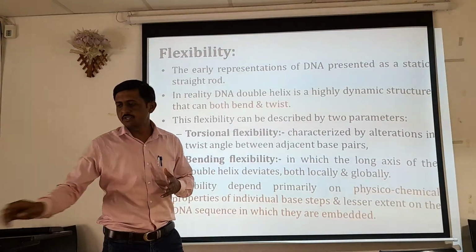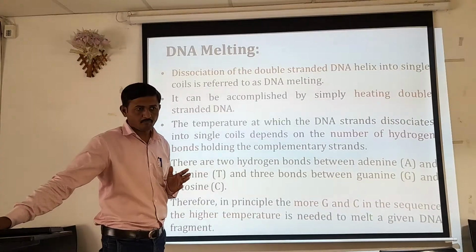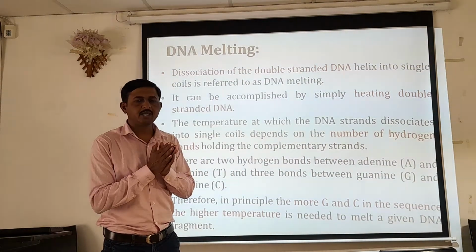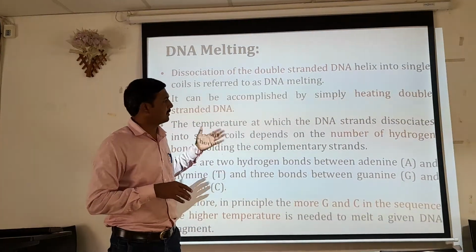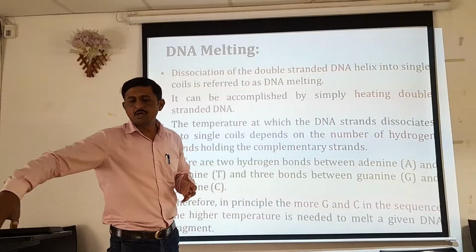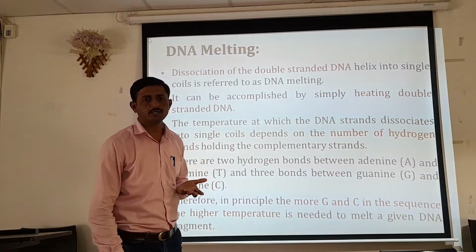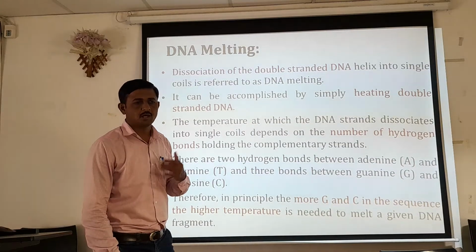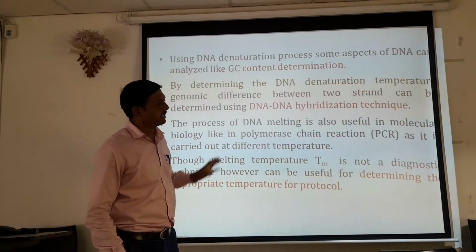In the last lecture, we discussed molecular properties of DNA like DNA melting. In this property, by using a particular temperature, we can break the double-stranded DNA into single strands. This property can be useful in different processes, like determining the GC content of a given or unknown nucleotide sequence, or identification of a particular type of organisms. Next, this property of DNA melting can be helpful for the DNA hybridization technique.